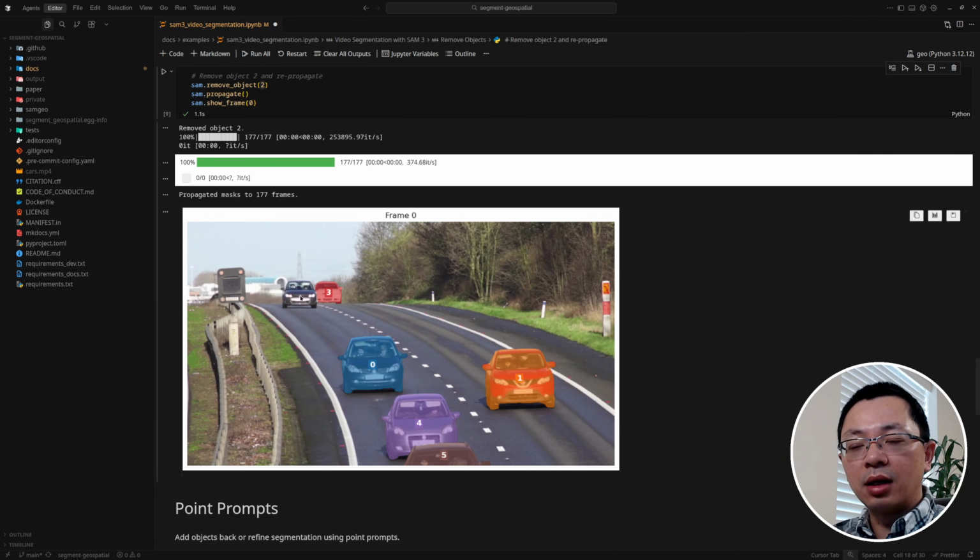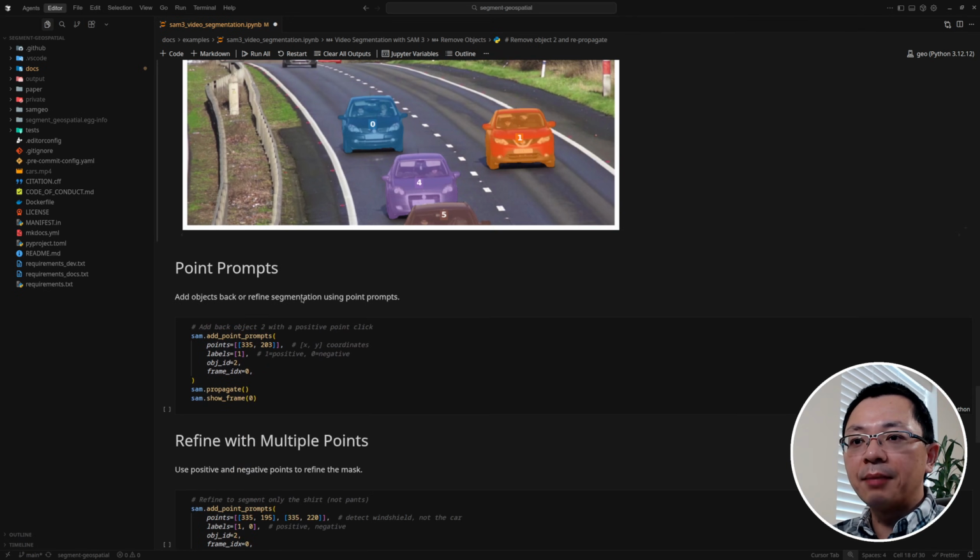And this is very useful, because you might have a lot of objects. Sometimes, let's say here, you only have one object you want to keep track of, right? You can do the same thing, and I'm going to show you shortly how to keep track of the object. So you can add objects, and you can remove objects as needed. Next one,